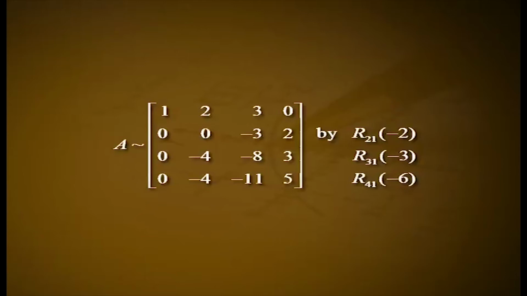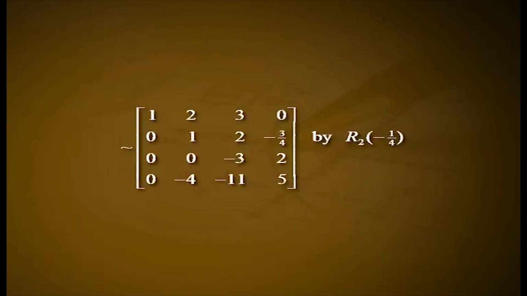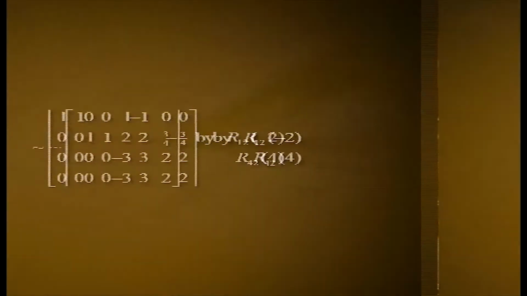3 0 -4 -11 5, by R2 → R2 - 2R1, R3 → R3 - 3R1, R4 → R4 - 6R1, which is equivalent to matrix [1 2 3 0; 0 -4 -8 3; 0 0 -3 2; 0 -4 -11 5] by R23, which is equivalent to [1 2 3 0; 0 1 2 -3/4; 0 0 -3 2; 0 -4 -11 5] by R2 → -1/4 R2, which is equivalent